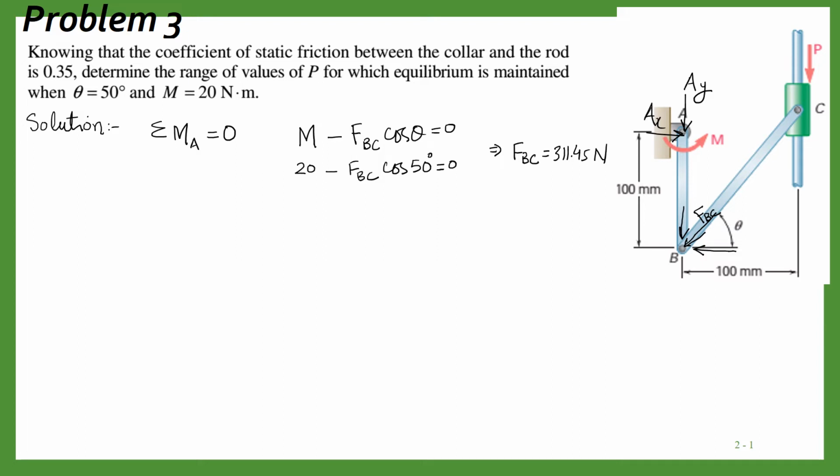Now second thing, we will make the free body diagram of collar C. Now there are two conditions. One condition can be motion impending upward and motion impending downward. So let us consider first case, motion impending downward. Okay,